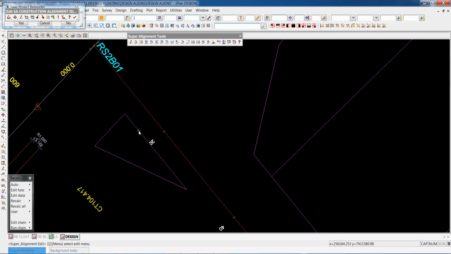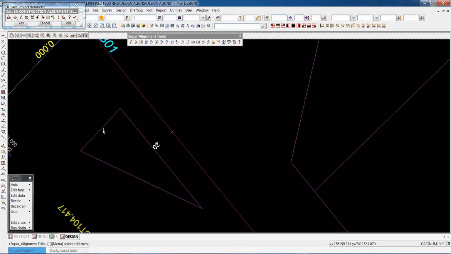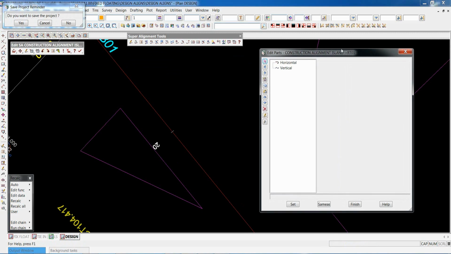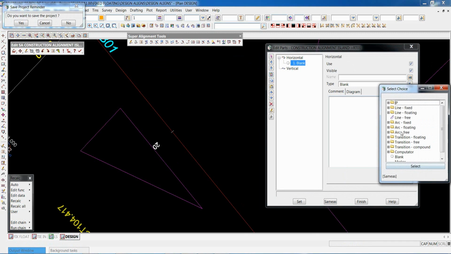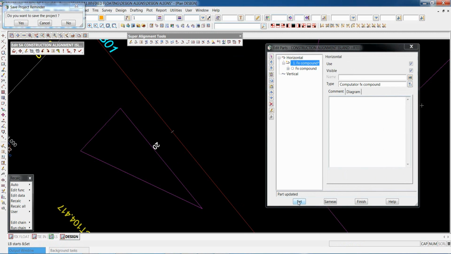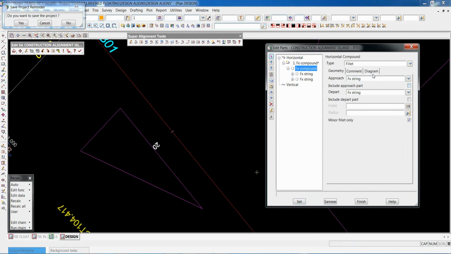Each one of those straights were named side 1, 2 and 3. So we'll be able to use the name part in referencing our alignment string for our traffic island. In that case here we're going to go down to a commutator again. We're going to go fixed compound, similar to the curb return we did before, but we're now talking about a traffic island. So we drop down to here and we're going to fillet. So we're going to look at a segment. And what's our radius? 1.